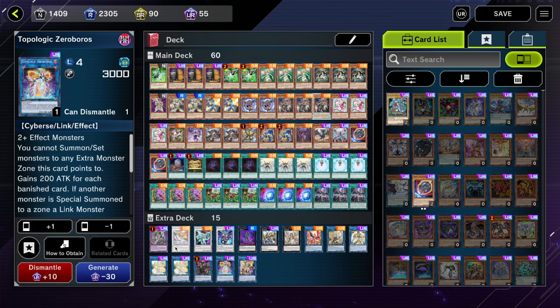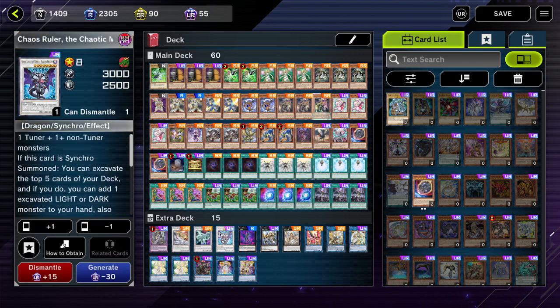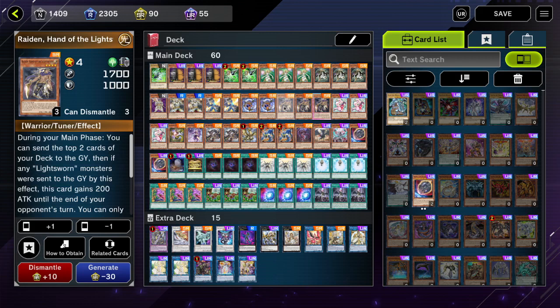Your opponent cannot play the game, so, yeah. So then we play 2 of each of the baby dragons. These cards are really good with Raiden because they help you chain block for your Chaos Ruler. So if you have Raiden and one of these little dragons, you're in a really good spot because Raiden's level